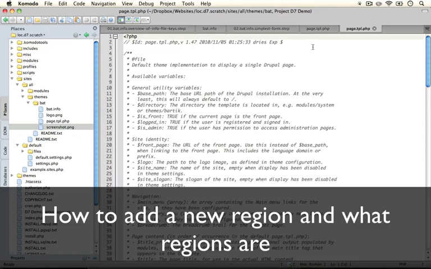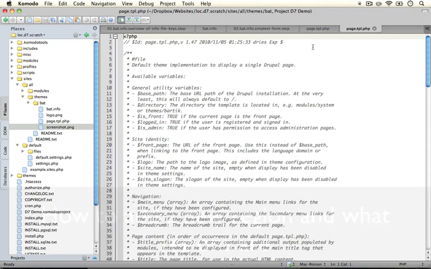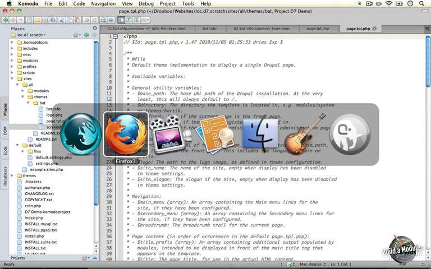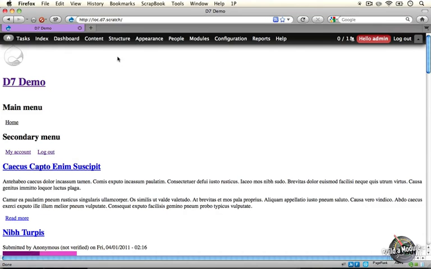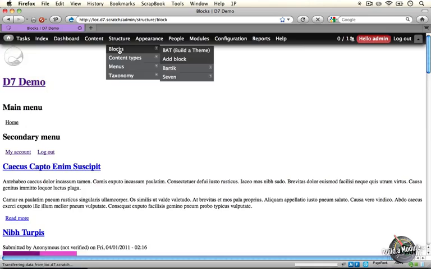In this next section, what we're going to talk about is regions. Now, regions in a theme specify an area on the page where blocks can display. Now, if we jump to our Drupal site and we go to the Structure menu item and go to Blocks,